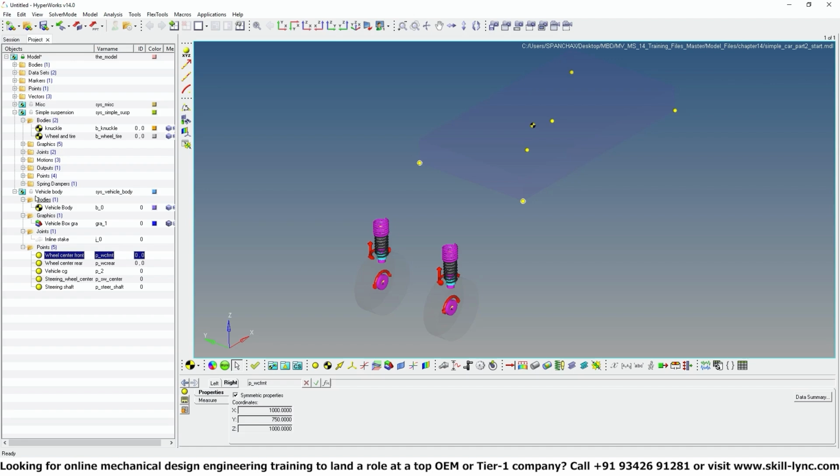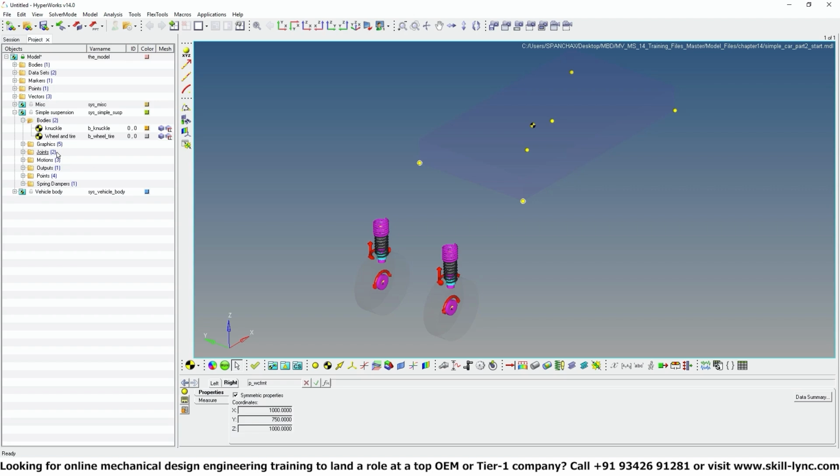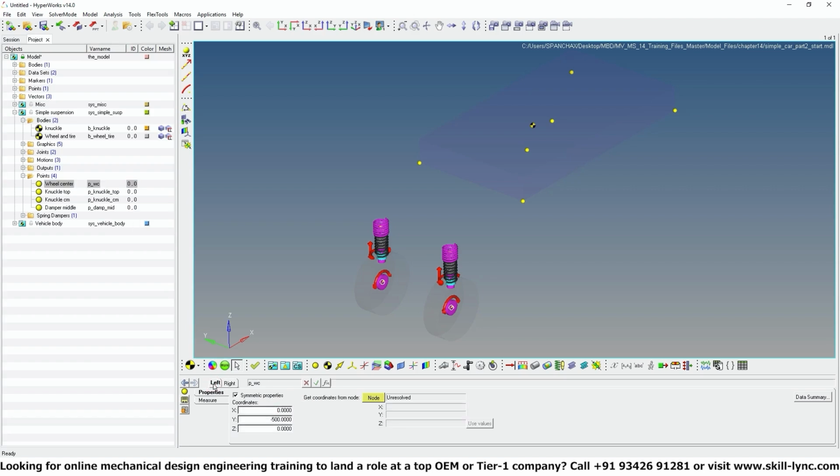Okay. So now what you need to do is go to this points under simple suspension, expand this, click on wheel center. Okay. And then you need to go to the left tab. Okay. Because the left tab has been selected as the master side and the right side will be following the